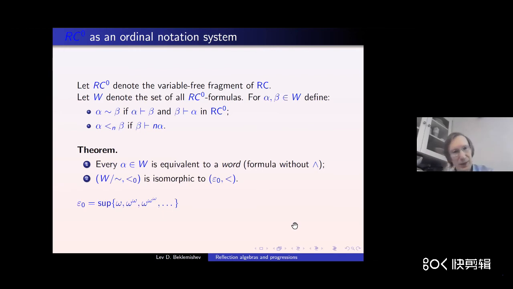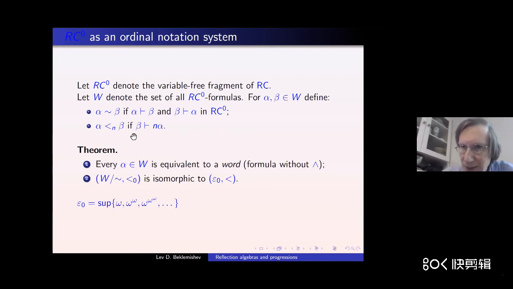And it turns out that this fragment is also rather nice. So let W denote the set of all variable free formulas. And then on this set we can define, of course, the equivalence relation in the logic RC, and we can